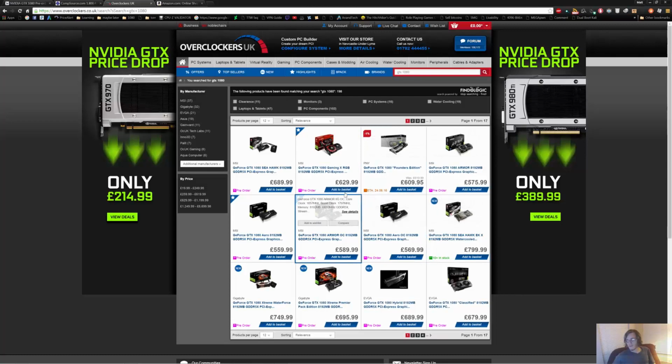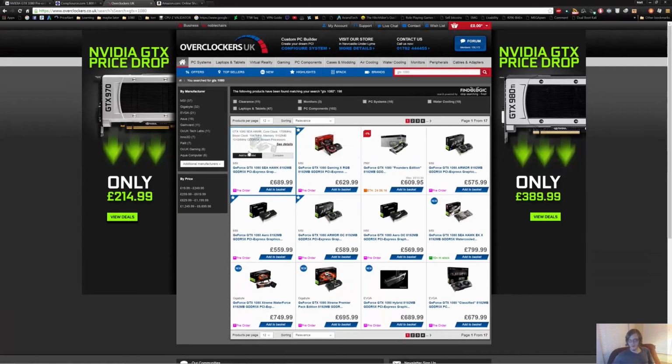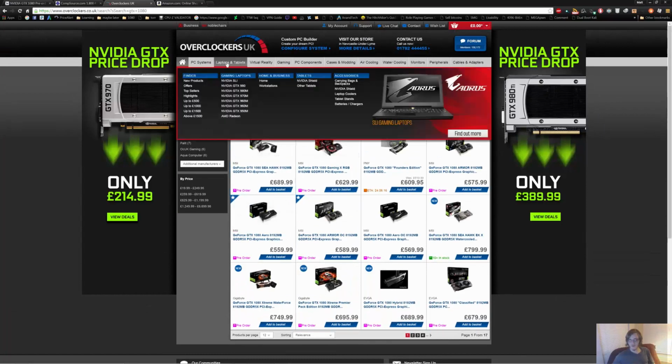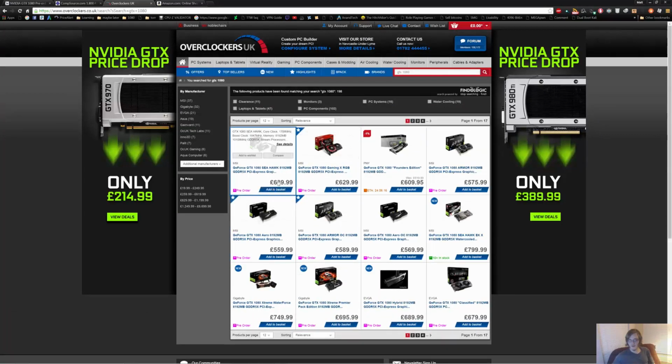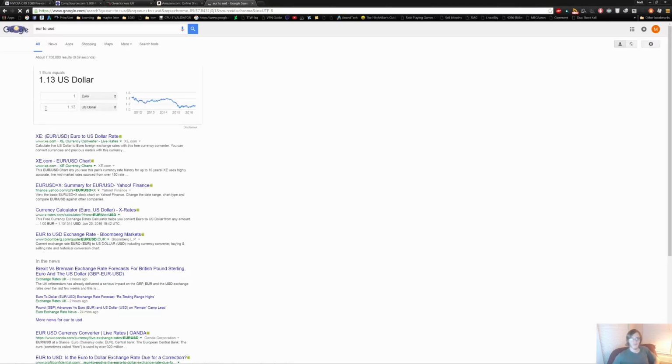But this is basically in euros, and it's still in English because it's in the UK, but they use euros and Great British pounds over there. So this one happens to be in euros. So what you want to do to find out the prices is you go on Google and type in EUR to USD or wherever your localized currency is, and press enter, and